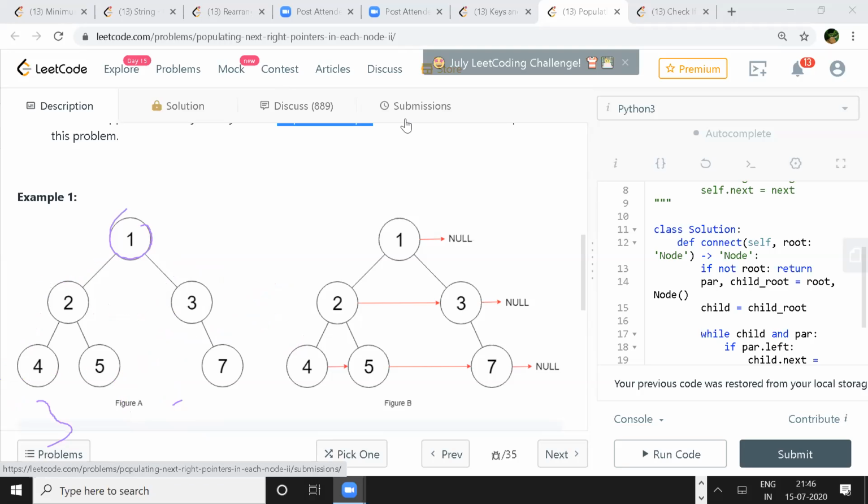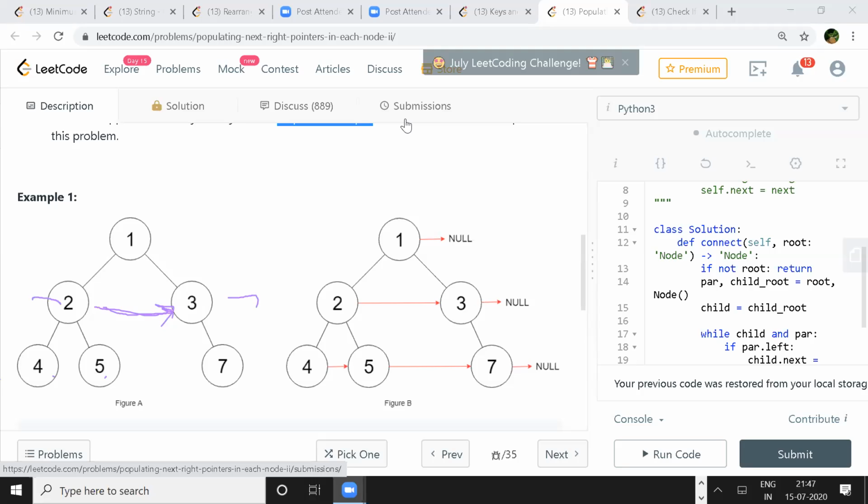Oh yeah, so when you are at 2, you know that you have information about 4 and 5, right? Correct. When you are at 2, you have already established the connection between 2 and 3. When you are at 1, you know that you have 2 as a left and 3 as a right, so you first establish this connection. Then you recurse to 2 and come to 4 and 5.